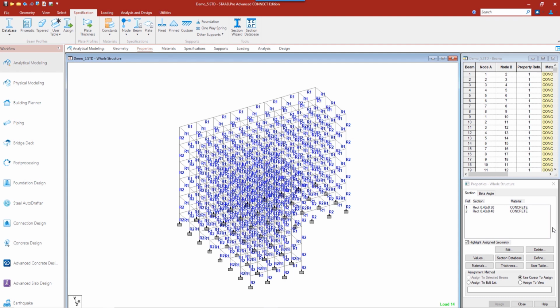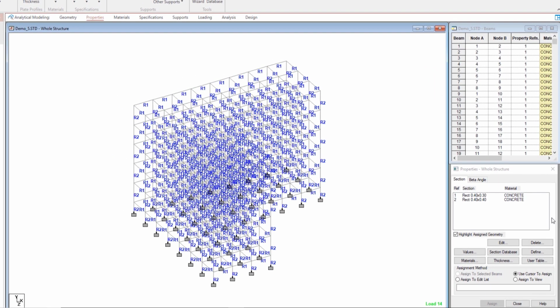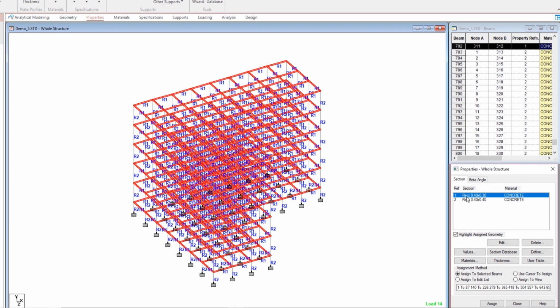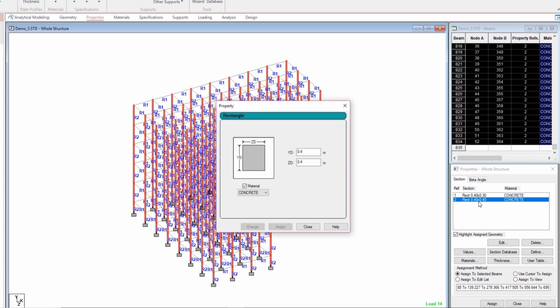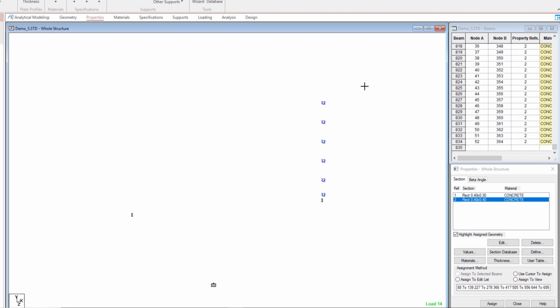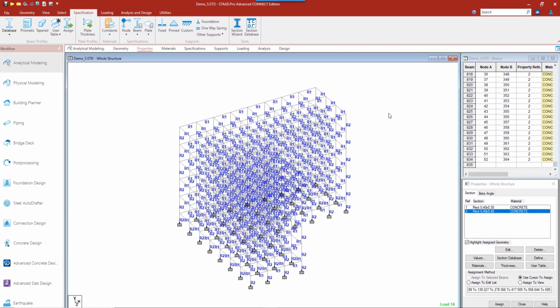I have a model ready with me, and in this model I have properties where I can see the beams are 400 millimeter by 300 millimeter. The depth of the beam is 400 millimeter, and for the column it's 400 by 400, and it's a sort of irregular shape. This is a very simple model, and if I go to the loading,